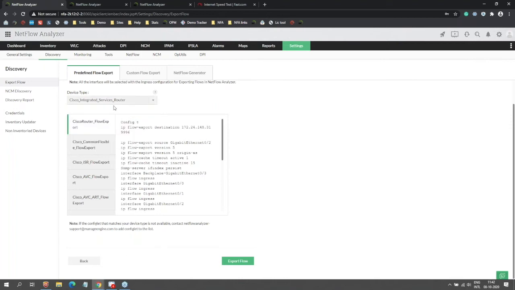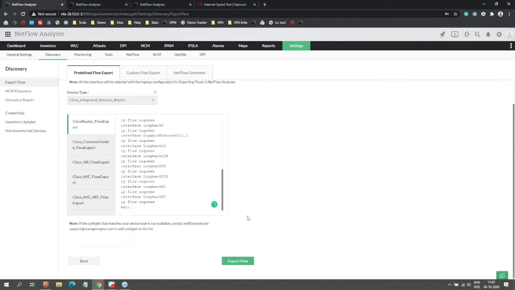When I understand that it's going to be Cisco ISR, we will also have different variations within them because there are many ISR models there. So it finds out the best match. It already puts in the export as an to which server IP, the 9996 port, or the interfaces. It's already found out using SNMP. So once that is done, all you have to do is click on the export flow. One single button, everything is going to happen on the back end.